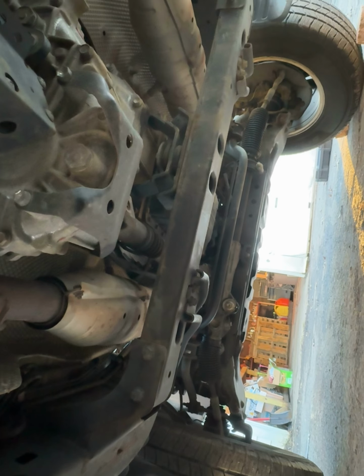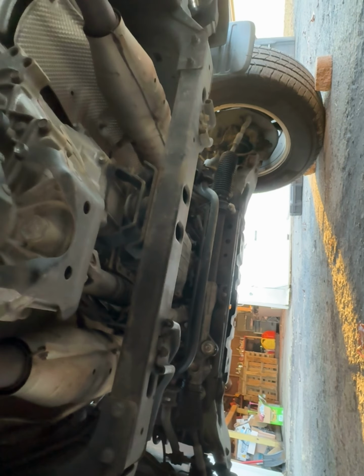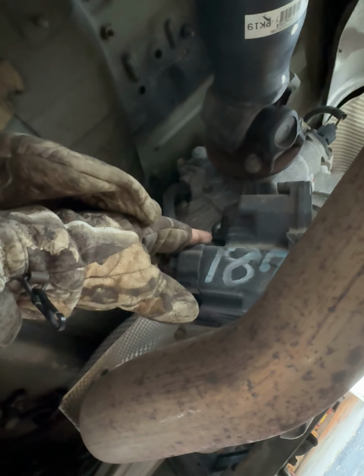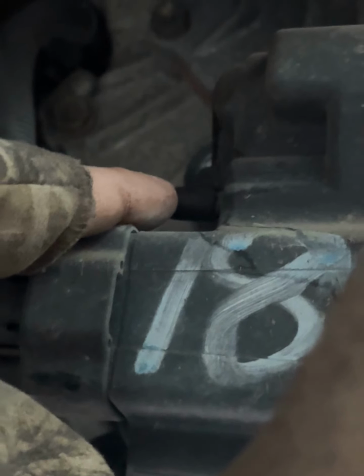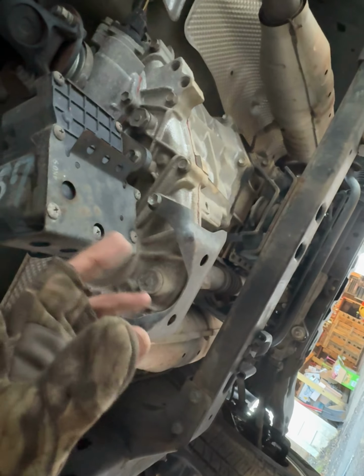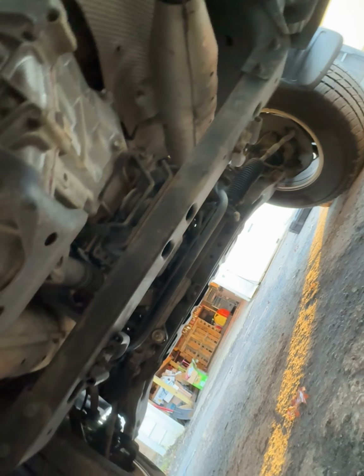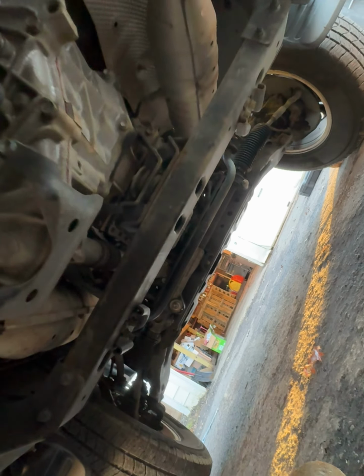That's about as much rust as there is. Yeah, I almost drove to Arizona to buy one with 295,000 miles, rust free. This vacuum hose was cracked and off of the 4-wheel drive actuator. I've seen that in other videos because I almost bought one with an issue with it. But I also kind of thought that could possibly have something to do with my vacuum leak, you know, too much air in the system, but